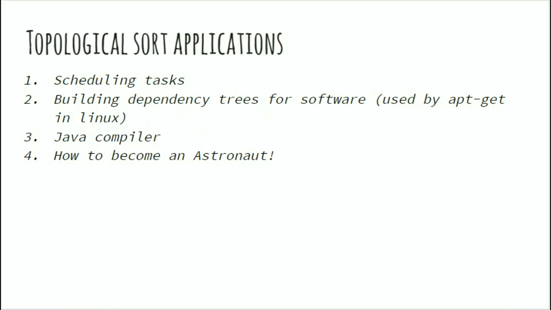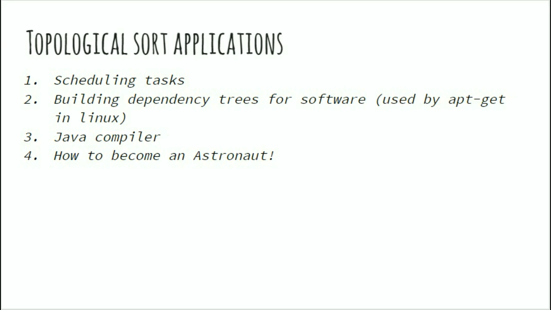Topological sort is widely used in the world. Many of the Fortune 500 companies use it to schedule their tasks, where one task is dependent on another. Ever wondered why you get those package dependency errors whenever you use apt-get? Well, it uses topological sort to find out all dependencies of packages which must be installed. So now you know whom to blame next time. By the way, the same goes with the Java compiler.